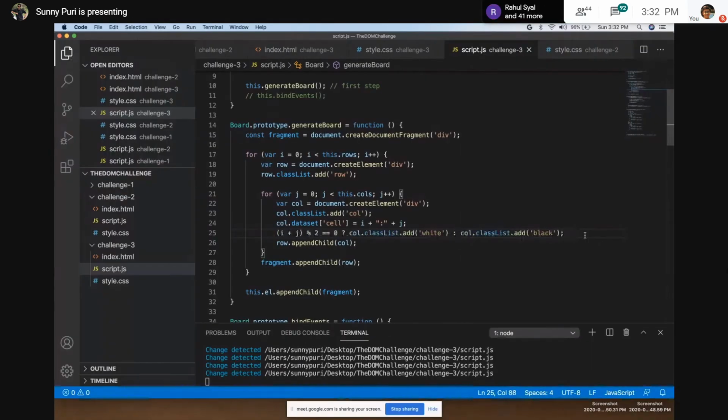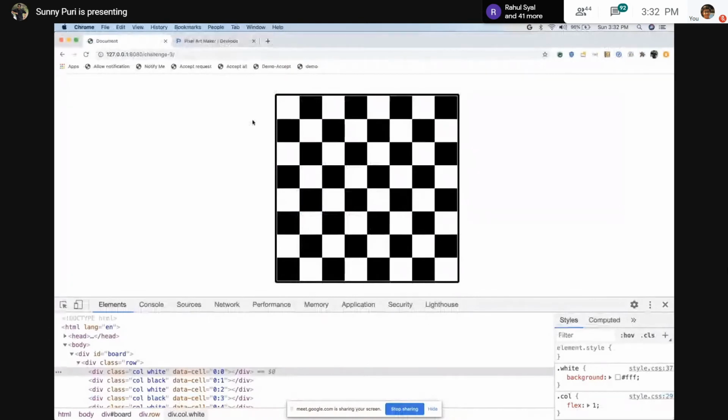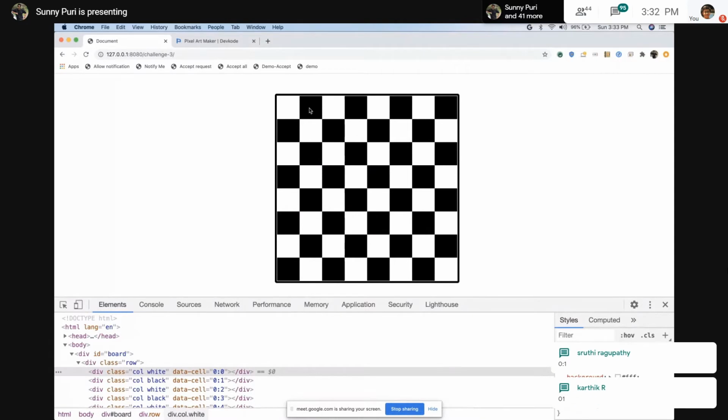First, let's check the logic. So let's compare which is the cell value. What is the cell value for this? What is the cell value for this? If we are starting from 0 colon 1, like 0 1, right? So 0th row and 1 index.